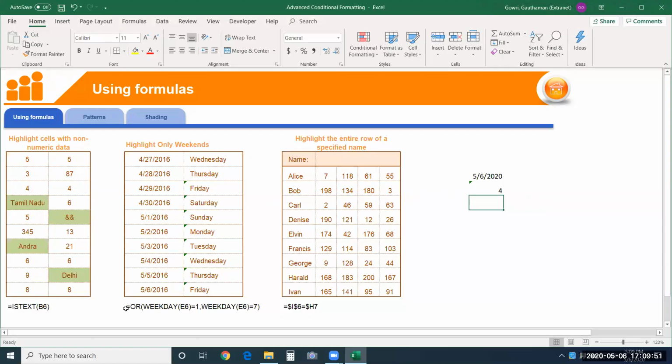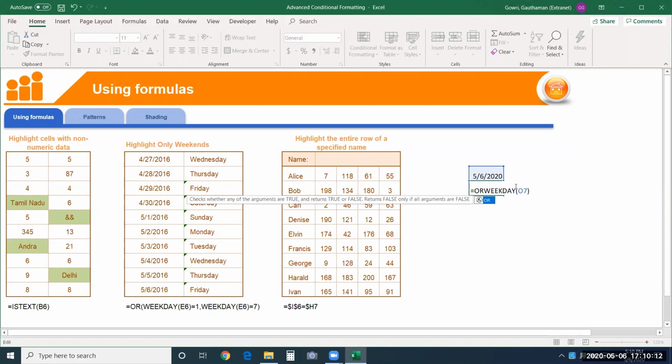And that is how I have given the function here. See what we'll do. I'm going to say the WEEKDAY function output should be either 1 or the WEEKDAY function output should be 7. So to OR it, we have the OR function again. So within this OR function, I'm going to give those two WEEKDAY conditions.